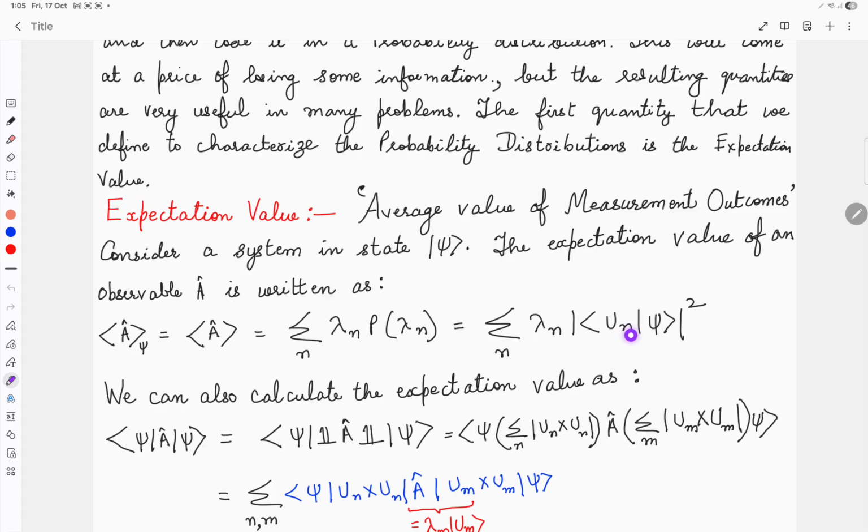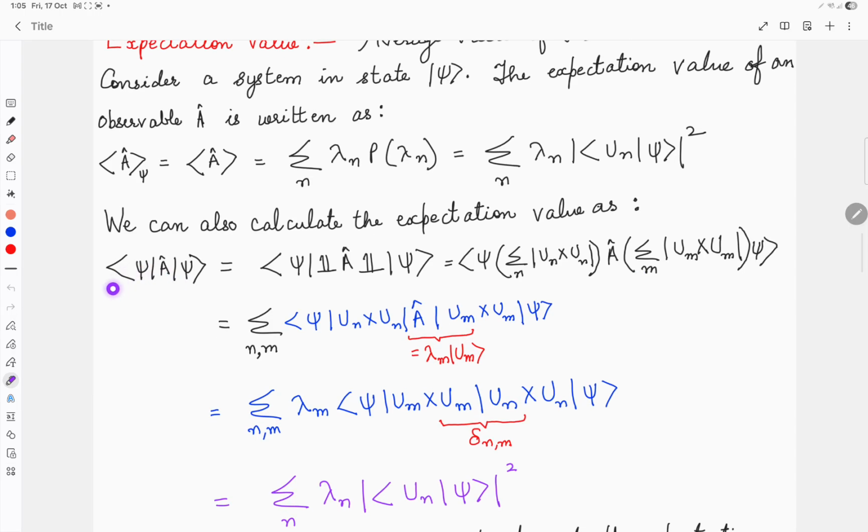And probabilities, we know that it's a projection of psi on the eigenspace, right? So this is magnitude squared. This is from Born's rule, we know that. So this is how the expectation value is calculated. Expectation value can also be defined by this matrix element type of quantity, which says that it's the inner